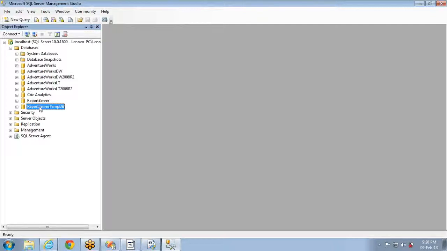These report server DB and temp DB are used to handle all the stuff related to SSRS subscriptions and so on, the data that is related to SSRS deployment. If it needs any temporary memory to calculate something or to render the report, it will make use of this. And if you have any cached reports, that means a report which is cached whenever it is executed will be retrieved from the cache when you execute the same report with the same parameters next time. All those kinds of stuff will be stored in these databases.